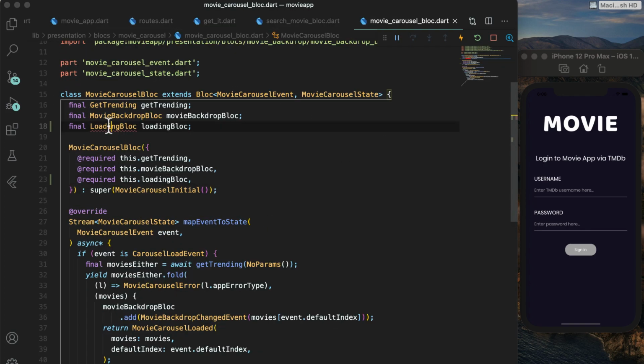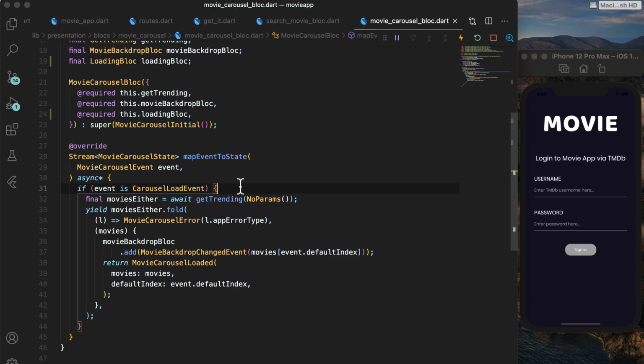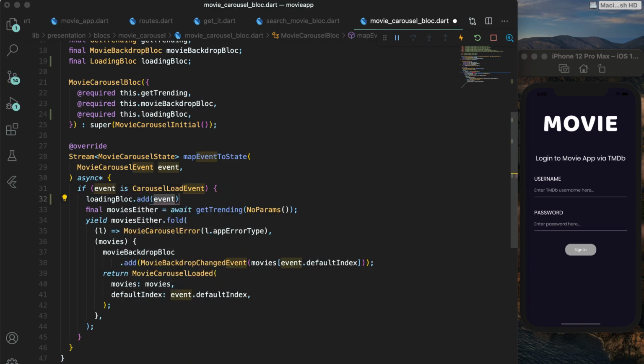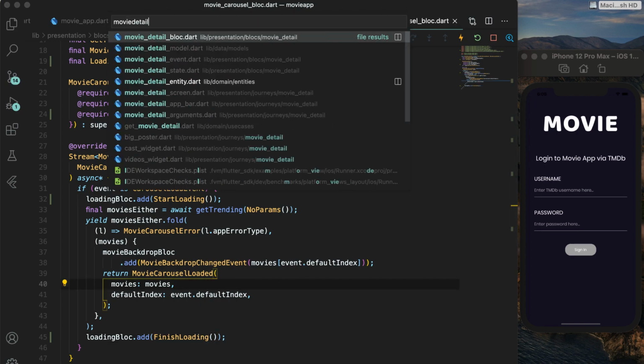For example, when you consider movie carousel block, before making the API call, you will call loading block.add start loading. And then after the API call, you will add finish loading state on the loading block.